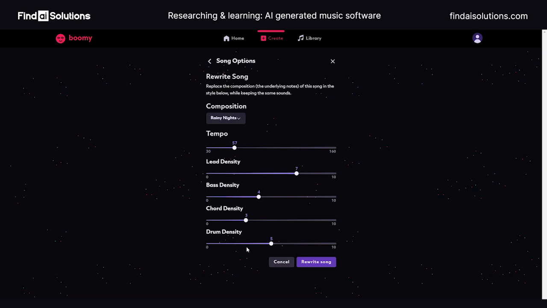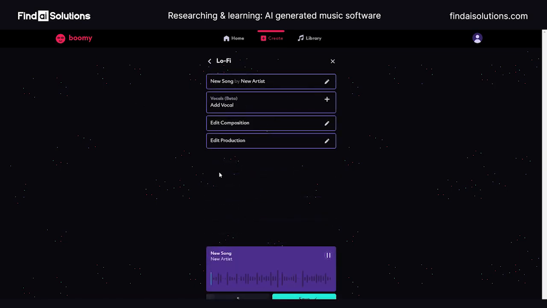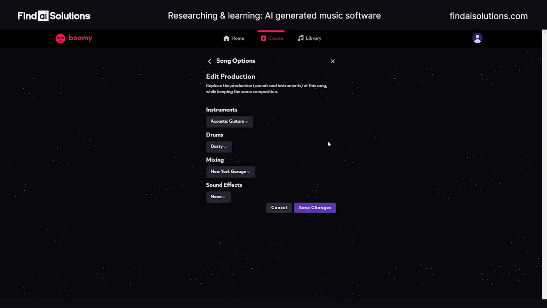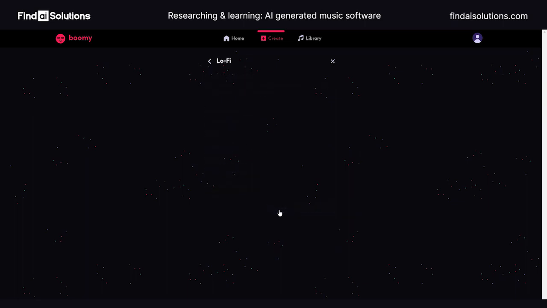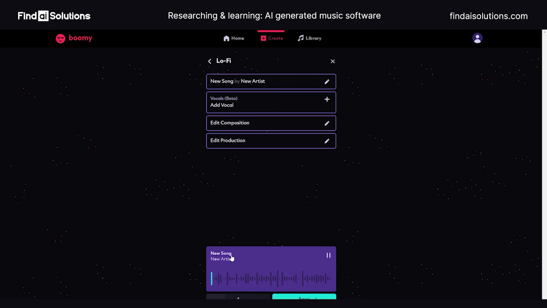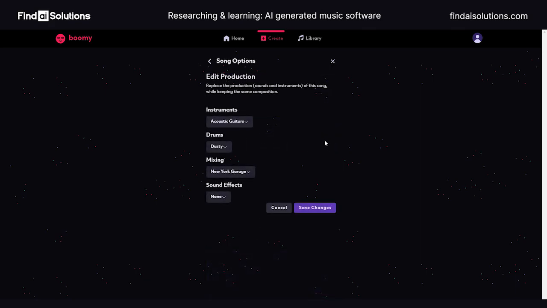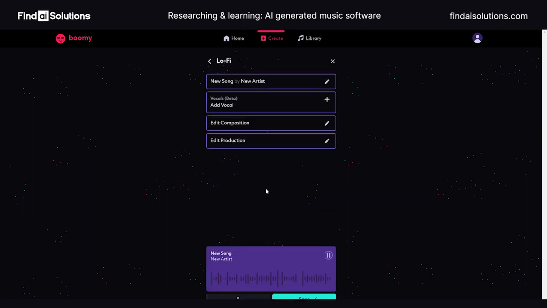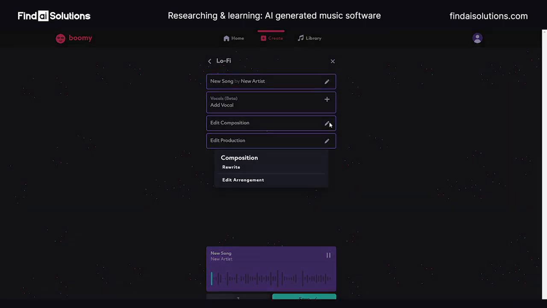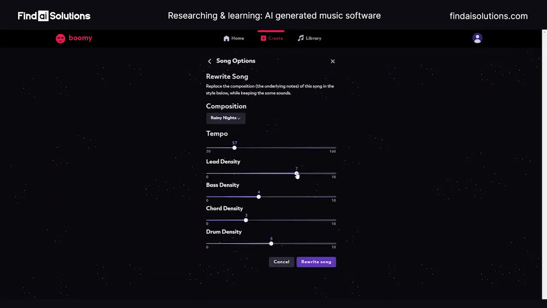I thought that's what rewrite does. Oh, no. Okay, rewrite rewrites it and gives you a new beat. Production makes it so that you can edit what you currently have. Huh, okay. But it doesn't give you a whole lot to edit here. I would love to remove some of the lead. Bring this down a bit.